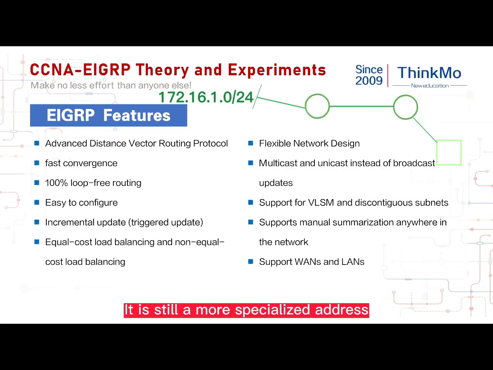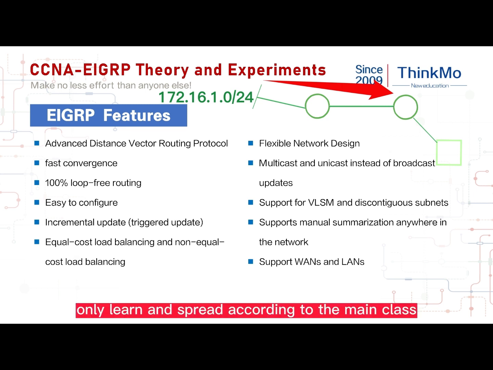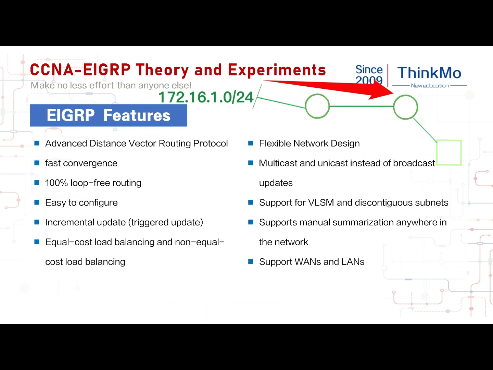It is still a more specialized address. We talked about address classification before. You will find that it is a subnet. If the routing protocol does not support VLSM, for example, this network segment is finally transmitted to this device. It learned it, but does not support it. It doesn't care what the data is. In the end, it will only learn and spread according to the main class. That is, the final data goes here. For this device, it passes